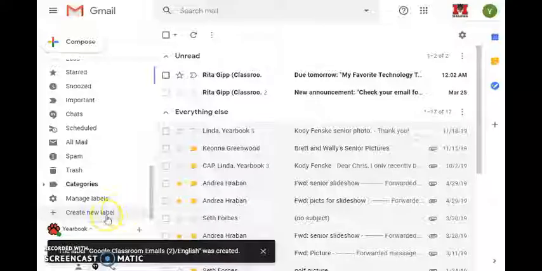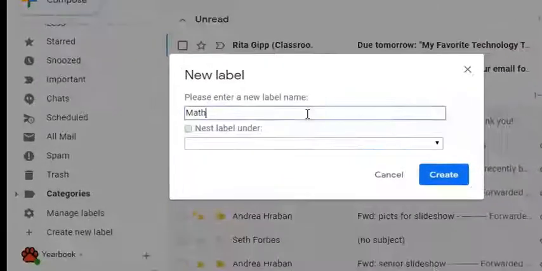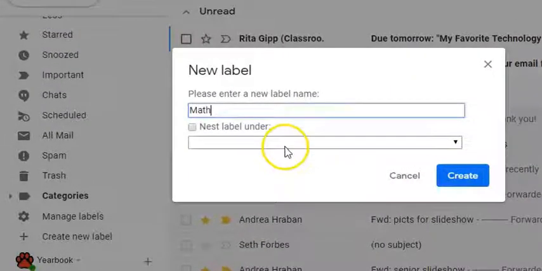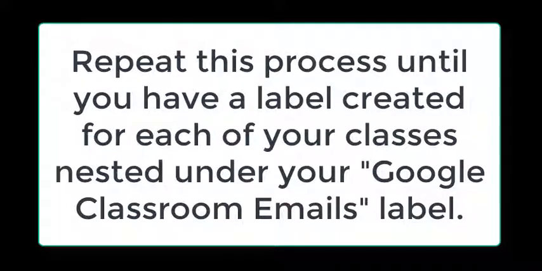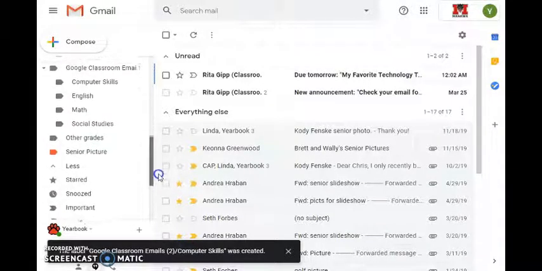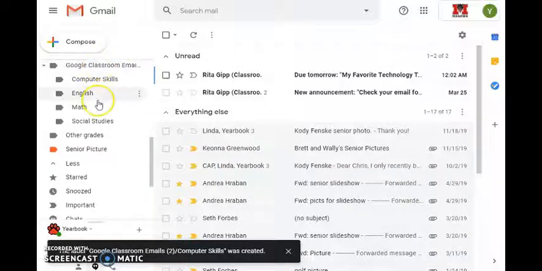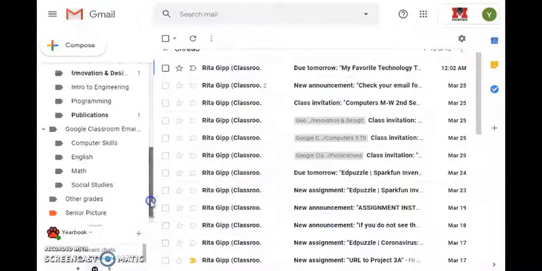Create. Now I want to create math, maybe. You can name these whatever you think is the best name for the class. Okay, and make sure that you have the folder created for each class. Okay? So you can see I moved a bunch of emails back out there